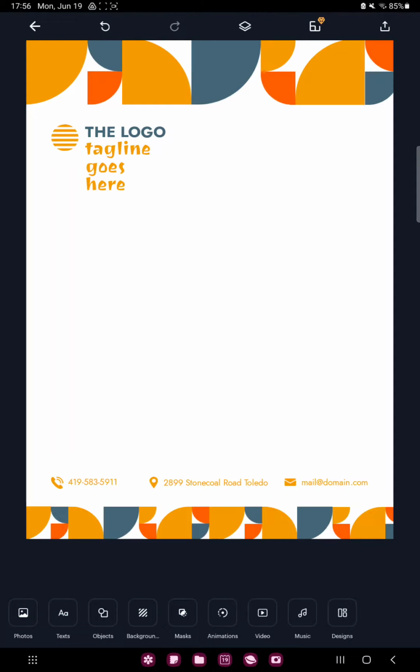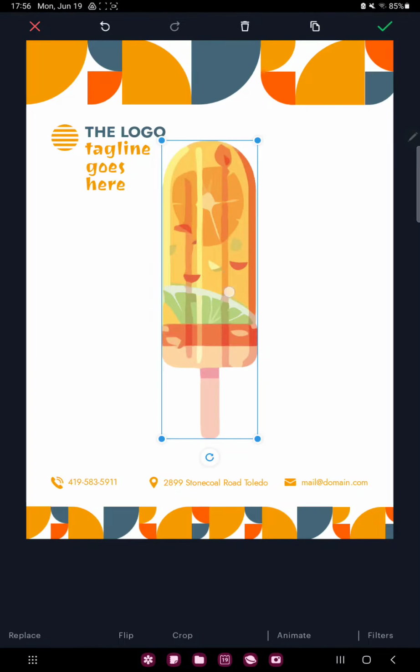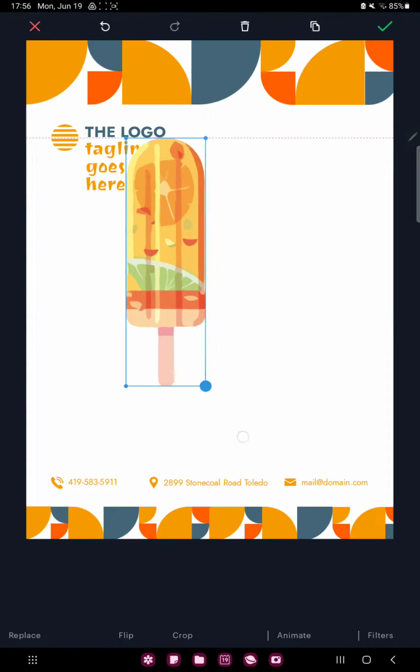If you want to add different graphic elements to your project, click to the object section, and here you can search elements, and for example click to the ice cream, and you can move and you can edit the size